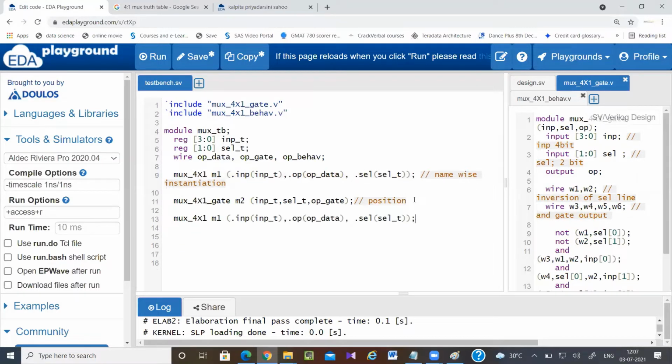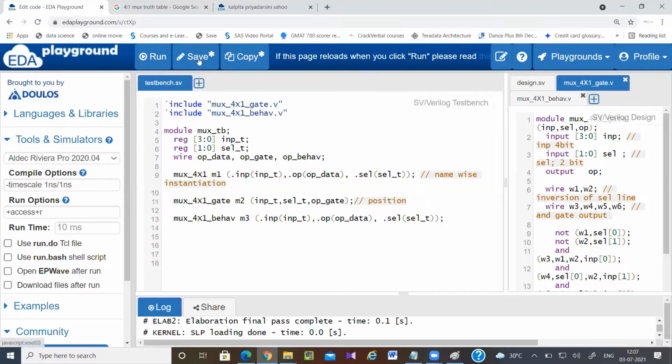So I have written the design. How can I write a reference logic? See, among these designs, you can take any one design as your reference logic, because these are three different ways to write a mux. You can think it is written by three different engineers. So any of the outputs you can take as reference, or you can compare whether I am getting these three outputs the same or not. If any design output is not the same, then I have to go to the design and check it.